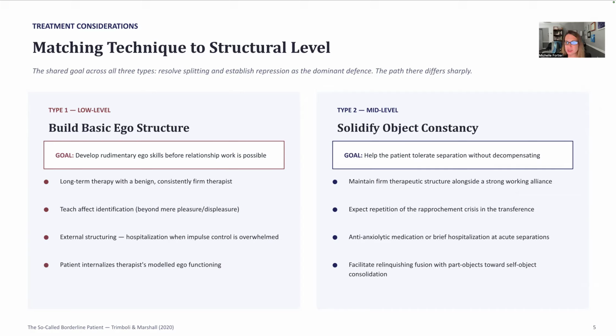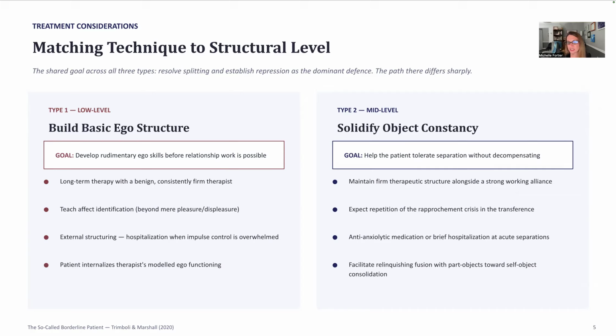The second one is type 2, mid-level, and this is where we solidify object constancy. The goal in this therapy is to help the patient tolerate separation without decompensating. In this one, we will maintain firm therapeutic structure alongside a strong working alliance, expect repetition of the rapprochement crisis in the transference, consider anti-anxiety medication or brief hospitalization if there are acute separations, and facilitate relinquishing fusion with part